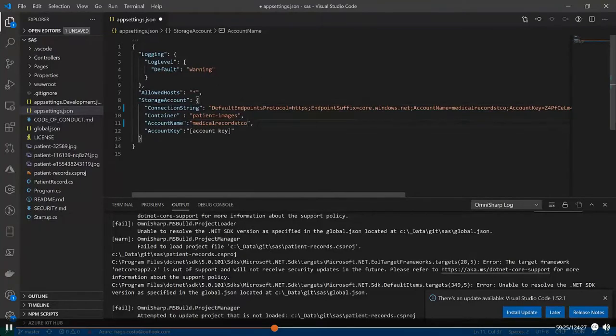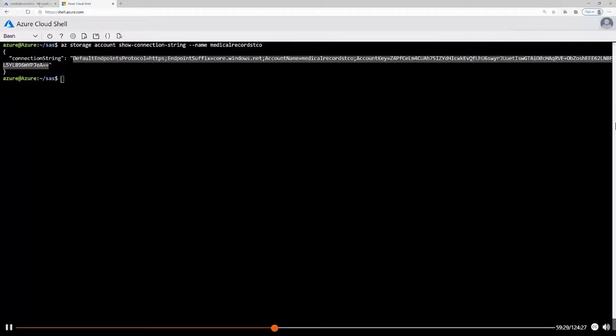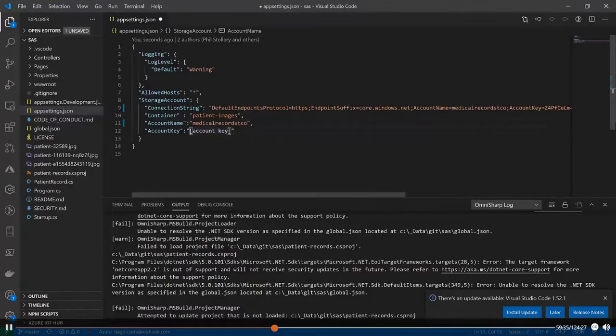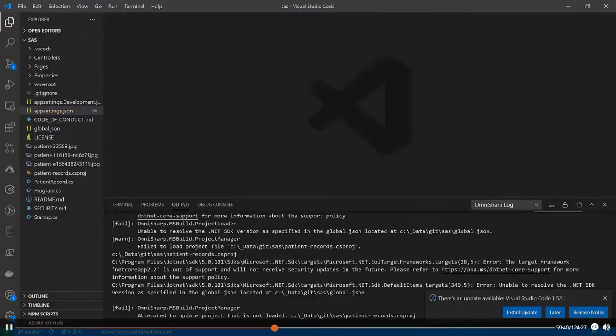This is called medical records TCO, and I can go here to the storage account, and I can grab the key and drop the key in here. So that piece here is done. So now that we have done that,